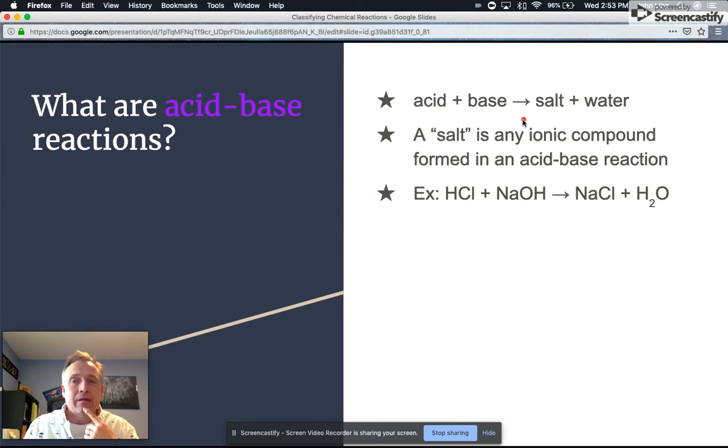And you'll have water as another byproduct. So an example of this would be hydrogen chloride, HCl, plus sodium hydroxide, which is NaOH. I think I showed this as an example earlier in the lesson too. To get NaCl, which is